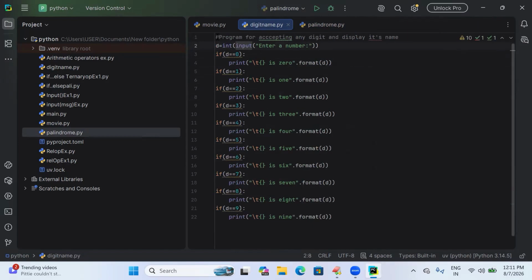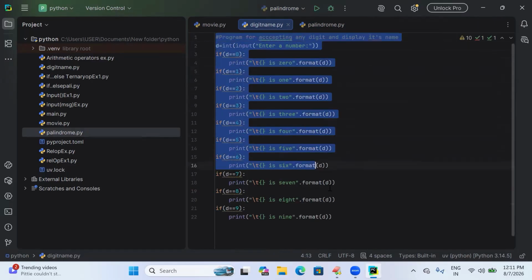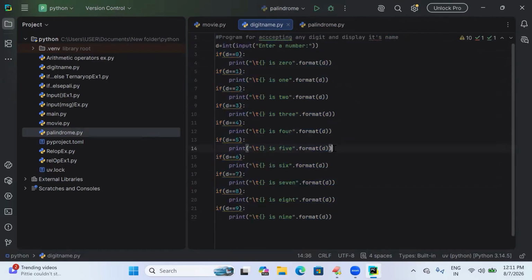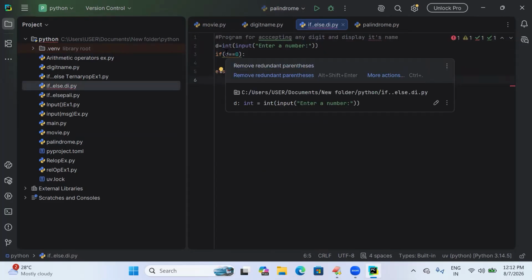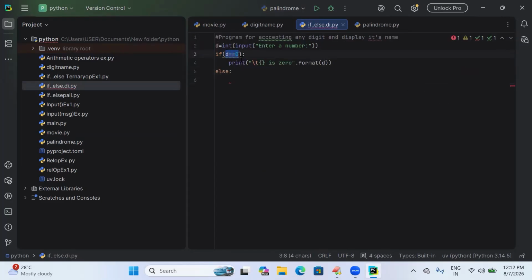In the previous episode, we did an example program for accepting any digit and displaying its name, right? In the previous episode, we did it using a simple if, right? Now I'm going to do this program using if-else statements. Here, the first two statements are simple. It takes an input from the user. If that input is equal to 0, then it prints 0 is 0. If the user entered input is not equal to 0,